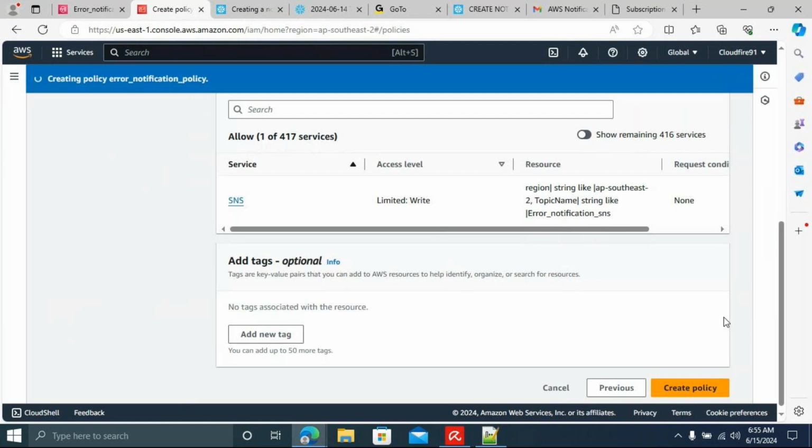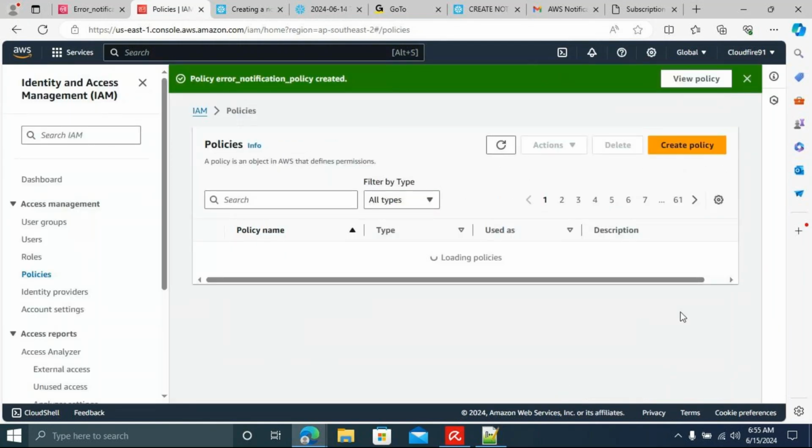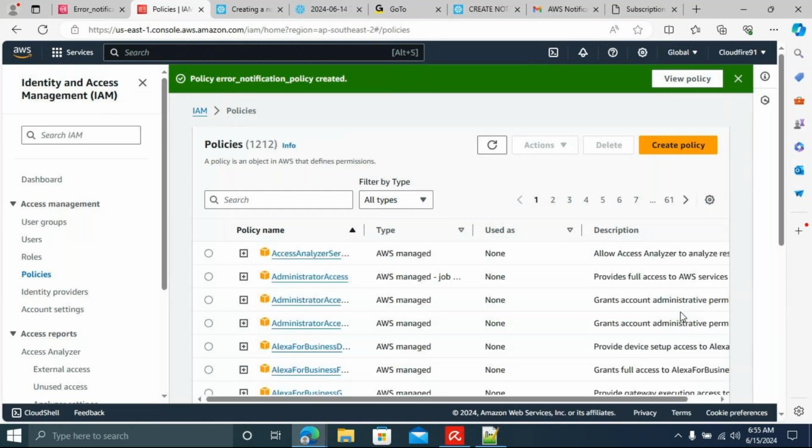See, in real time no one will use the console. Everything they use is CDK, Terraform, or CloudFormation templates, and through that only they create the resources. No one will click one by one like this, but because you are beginners, that's why I'm showing the console. In production, everything should come from Terraform, CDK, or CloudFormation templates. At a global level, Terraform is used, so you have to learn Terraform as well for creating the resources. For creating the resources, we use which one? Terraform. Good.